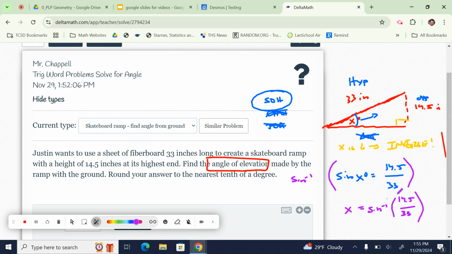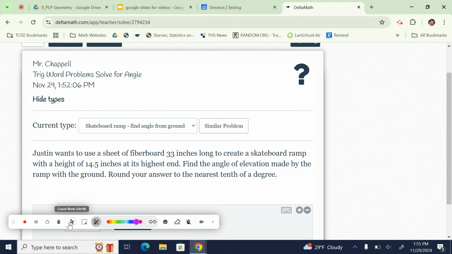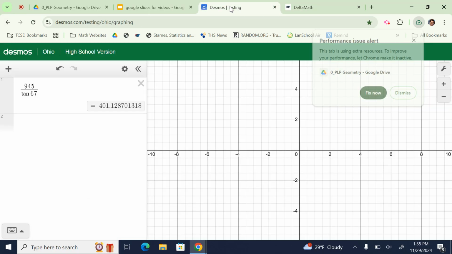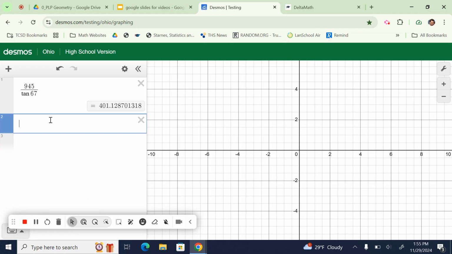And this is what we'll type into Desmos, and it says round to the nearest tenth of a degree. So let's do that now. So I have sine raised to the -1 of 14.5 divided by 33. And I get